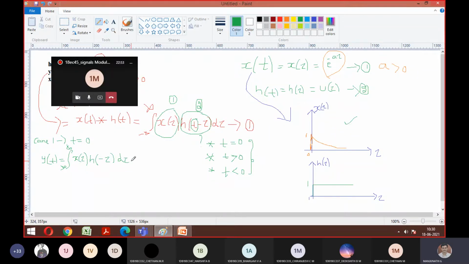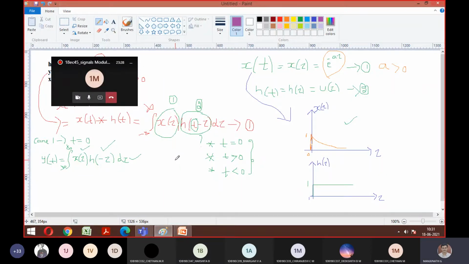Good. Once you write the condition with respect to the formula, the next thing is to check whether convolution is going to happen with respect to this formula using my waveform. The waveform will tell you clearly whether it is going to mix or not. Convolution means mixing of signal. So now look at what I have. x of tau is already with me. h of tau is with me. x of tau is done. So what do I need to plot newly now? I should plot h of minus tau, sir.